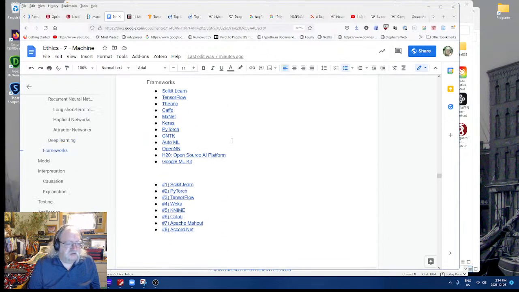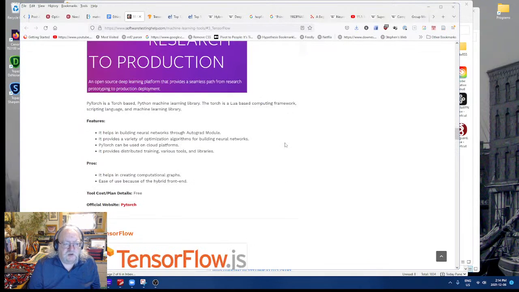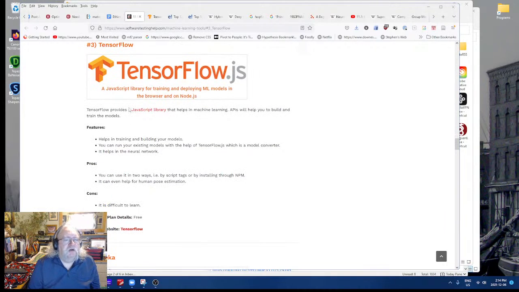I looked at this list of frameworks, and it's the same list twice here with different sources. I keyed in on this description of TensorFlow. Now it's really short, but it said JavaScript library, and I thought, oh, that's for me, because there aren't really AI libraries in Perl. I suppose there are in theory, but in practice not so much. Most of the work's being done in Python. I'm not really a fan of Python for a variety of reasons, but I do like JavaScript. I've done a lot of work in JavaScript.